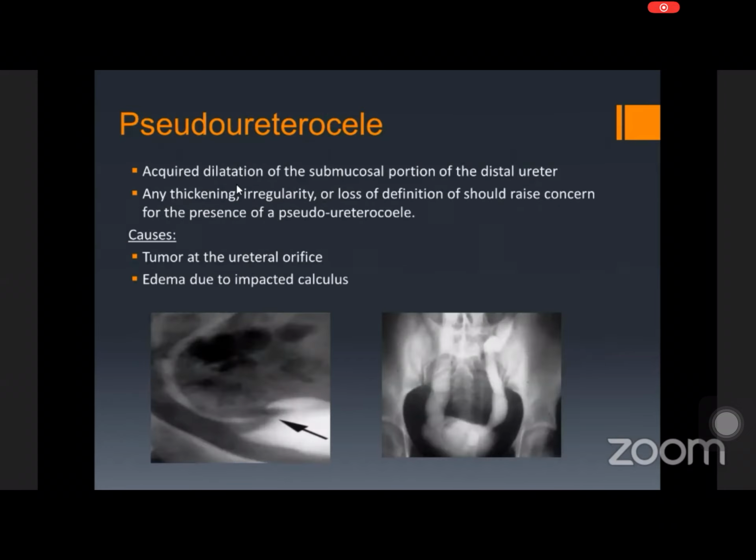So the common causes are, it can be a tumor at the ureteral orifice, or it can be edema due to an impacted stone. So when do you say it's a pseudo-ureterocele? There is an irregularity of the radiolucent halo and there is thickening of the radiolucent halo. Here we see thickening, the wall of the radiolucent halo is thickened, whereas in the normal ureterocele, the halo is